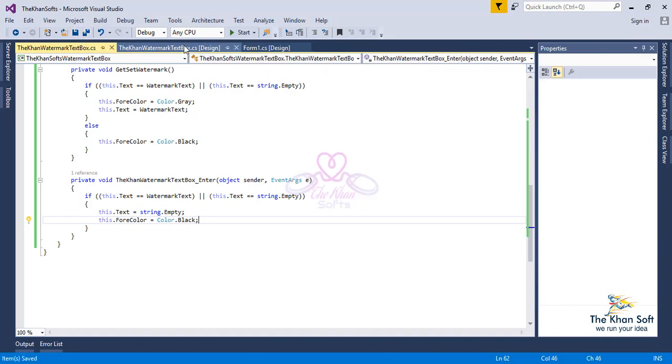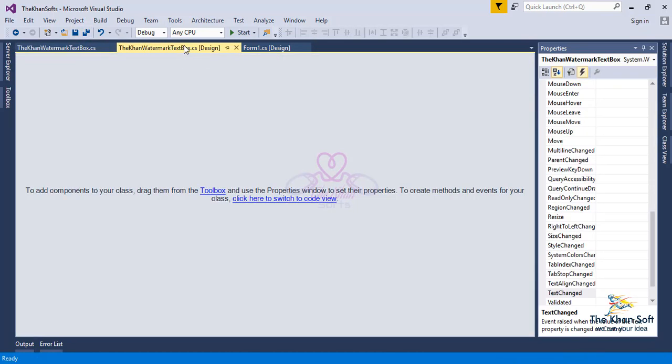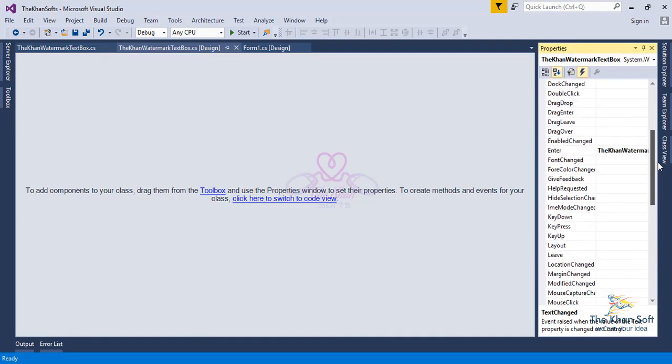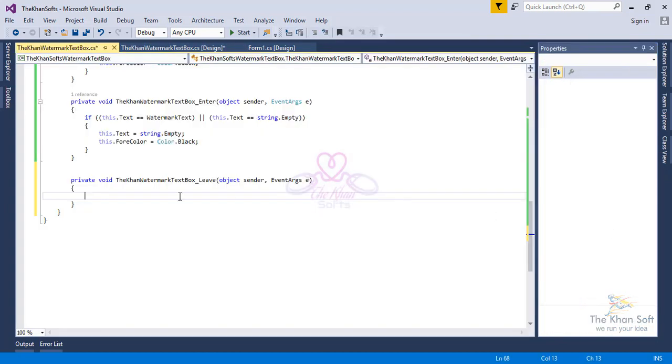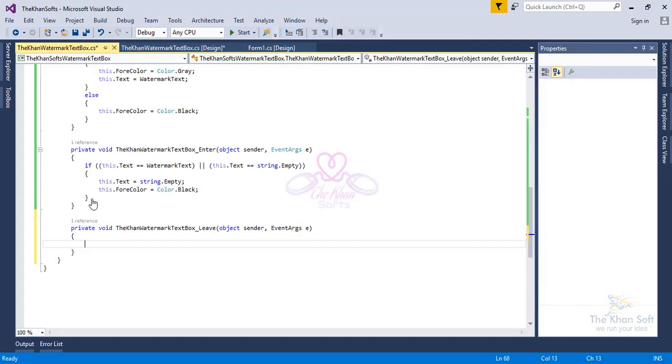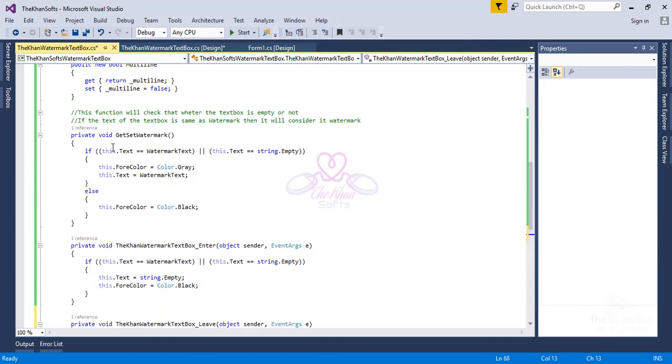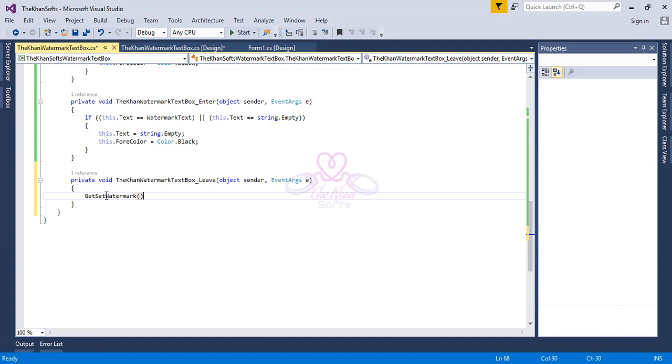Once again, go to design mode, and this time I will double click Leave, because on Leave I will code that, and simply copy this function, paste it, semicolon,